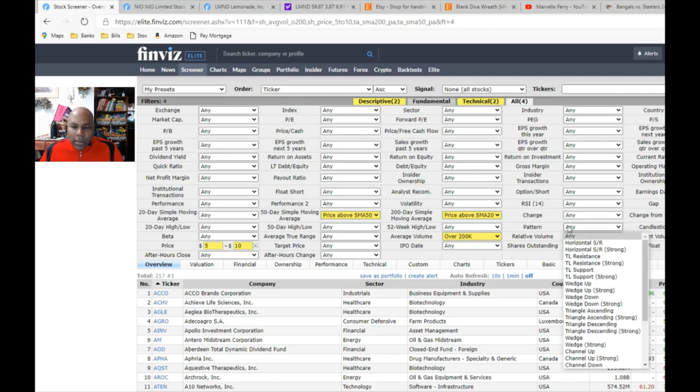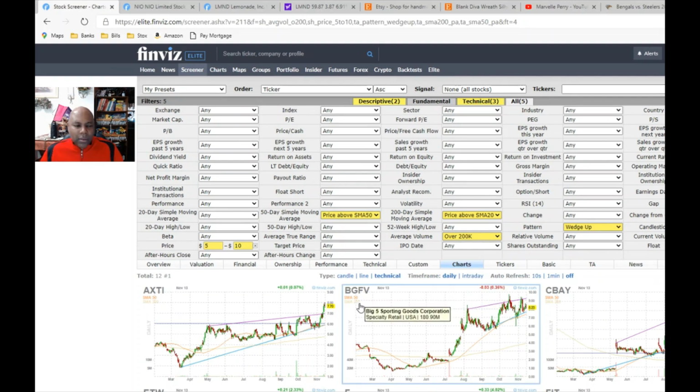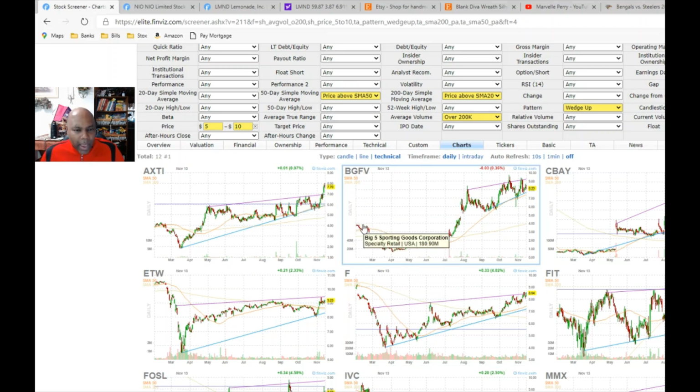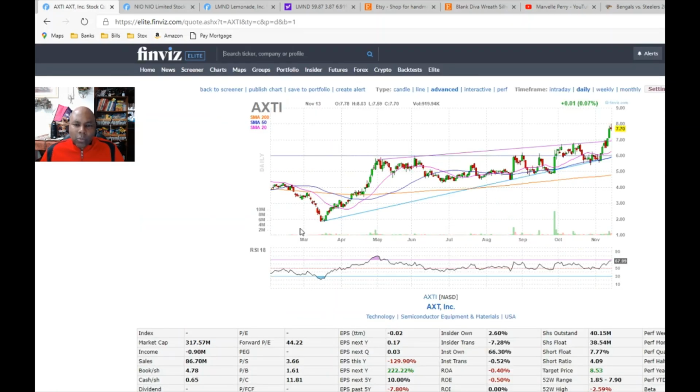Anyway, you want to go down, you hit your drop down arrow, and you're going to start right with the very first pattern that we called out, the wedge up pattern. And basically all we're going to do is go through and eyeball and look at the patterns. Now, I can tell you right away, the first pick and the first one that jumped right off the screen to me is this company by the name of AXT Incorporated. Looks like it's in the semiconductor,